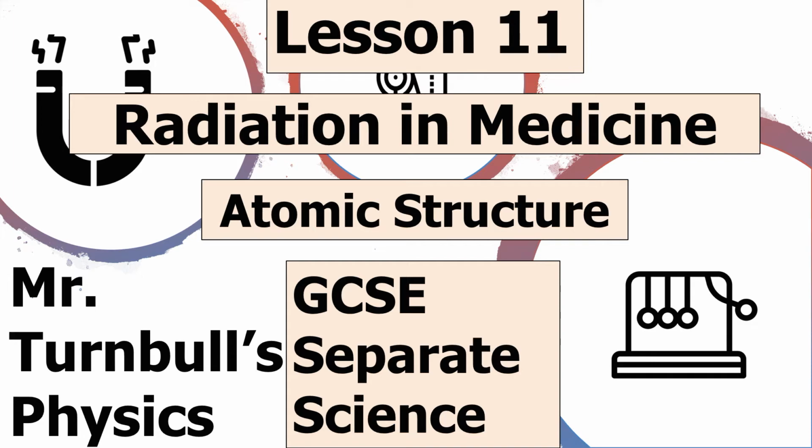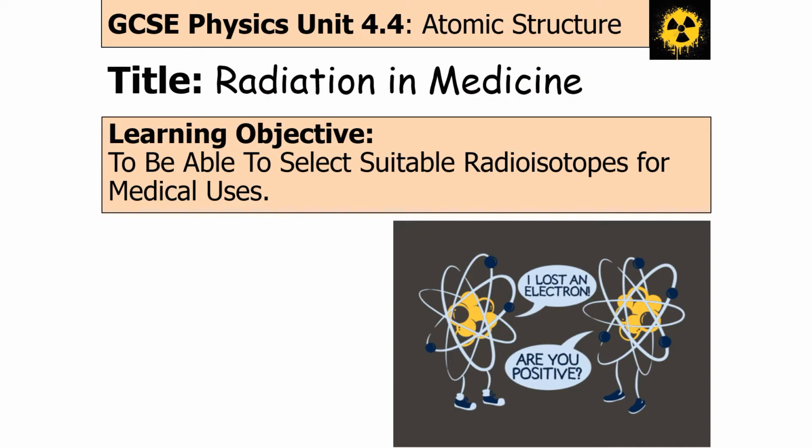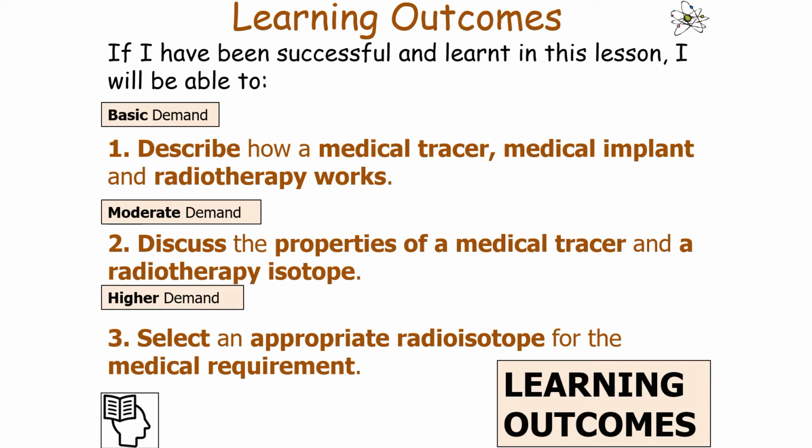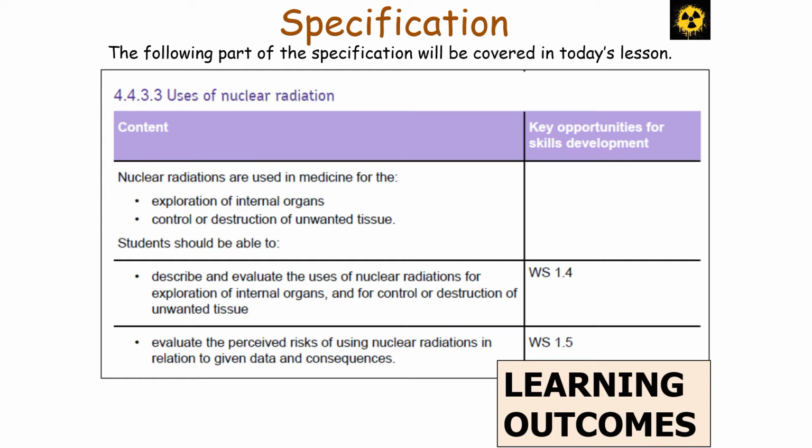Hello and welcome to today's lesson on radiation in medicine, which is part of the atomic structure topic in GCSE Separate Science Physics. So in today's lesson we're going to look at selecting suitable radioactive isotopes for medical uses. If we've been successful, we should be able to describe how a medical tracer, medical implant and radiotherapy works, discuss the properties of a medical tracer and a radiotherapy isotope, and select an appropriate radioisotope for medical treatment. Now, this links to the following part of the GCSE Separate Science Physics Specification